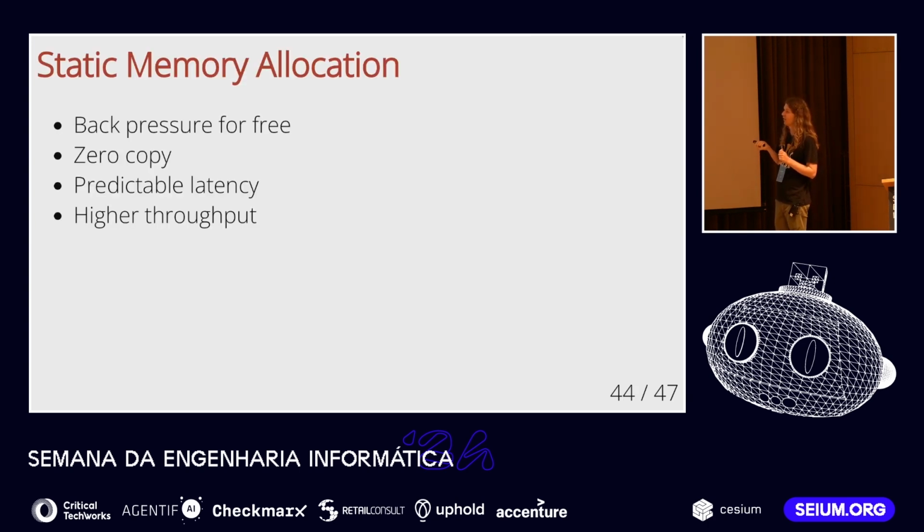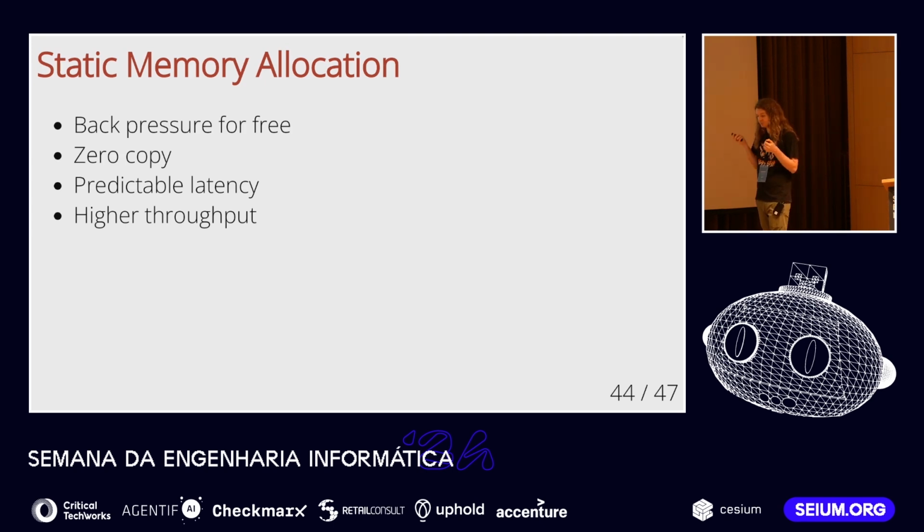And the cool thing here is that this not only mostly solves temporal memory safety, it also drastically simplifies the software and solves a bunch of other problems. For example, in network services, a common problem is back pressure. If you are not processing requests as fast as the requests are arriving, you might build up huge queues in your memory and die out of memory. Well, if you have a constant amount of messages, then you have back pressure by construction because there aren't spare messages to pile up.